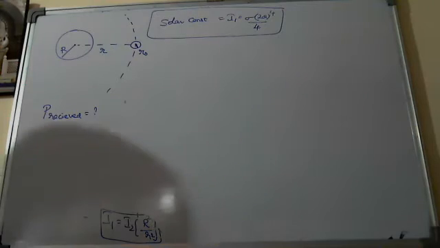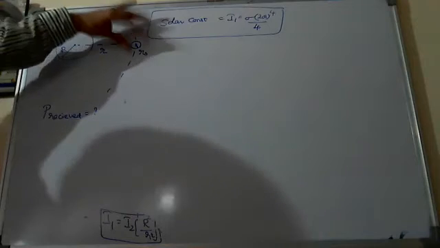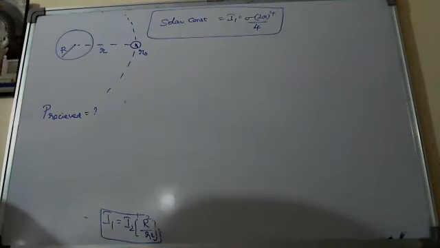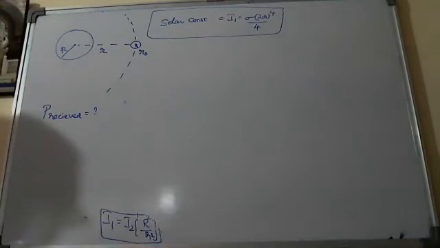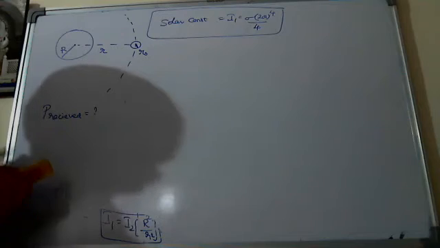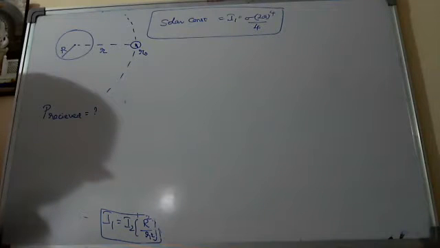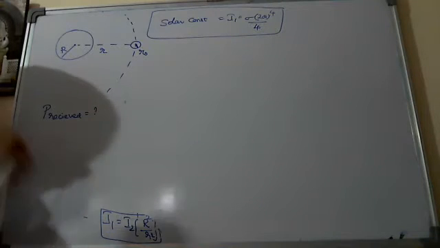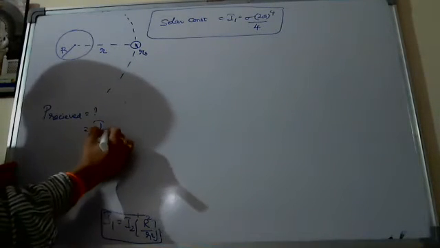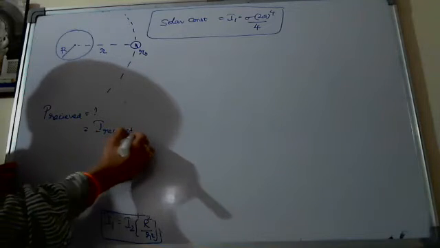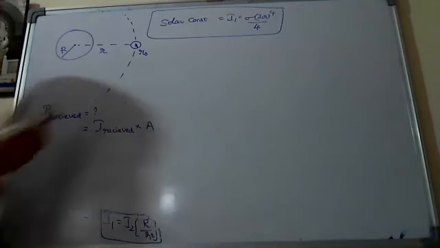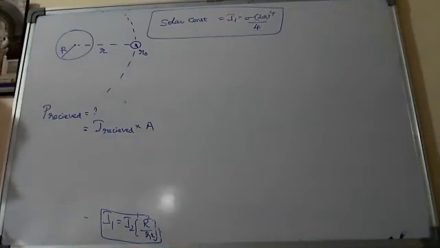If they ask the question here, what is the power received by the earth? First of all, how do you start, Nana, with the concept we learned previously? Power equals intensity into area, sir. Very good. Means you are saying intensity received into area. Very good. That intensity received, how much, Nana?